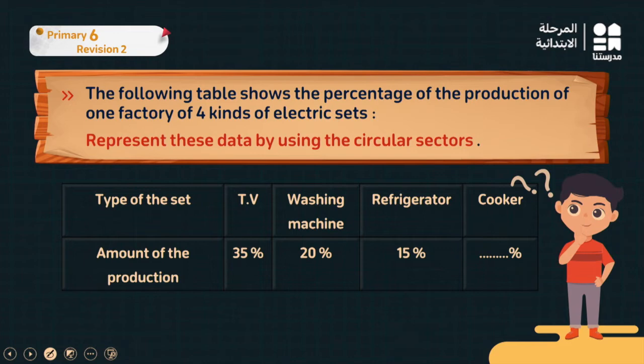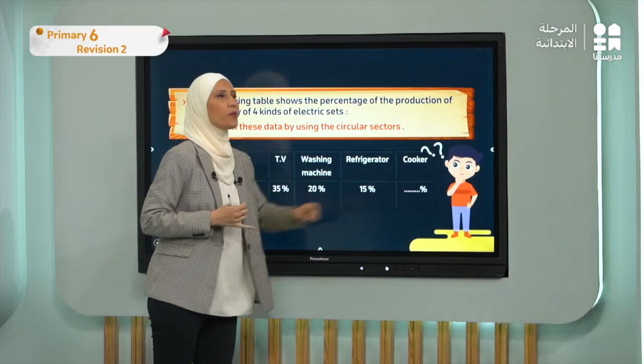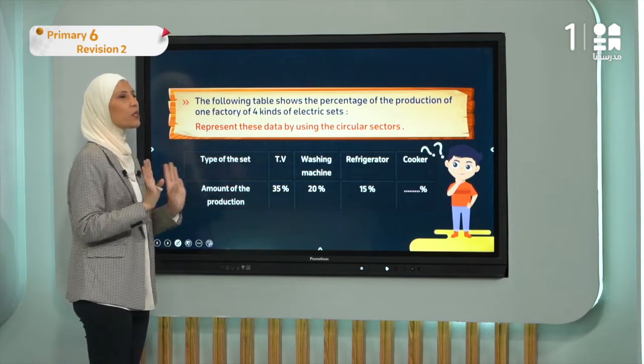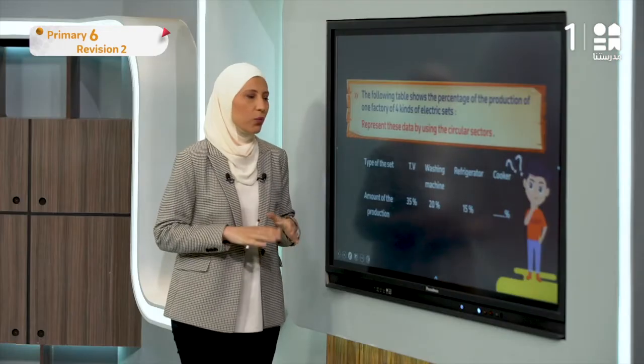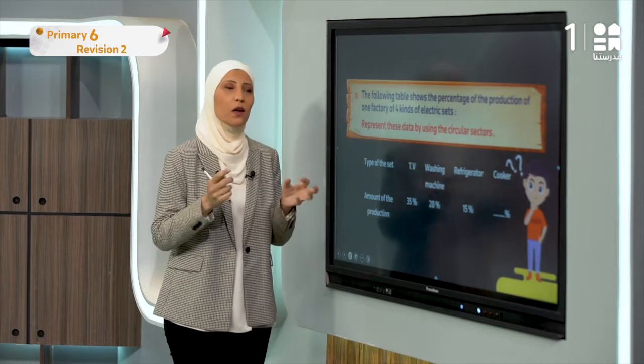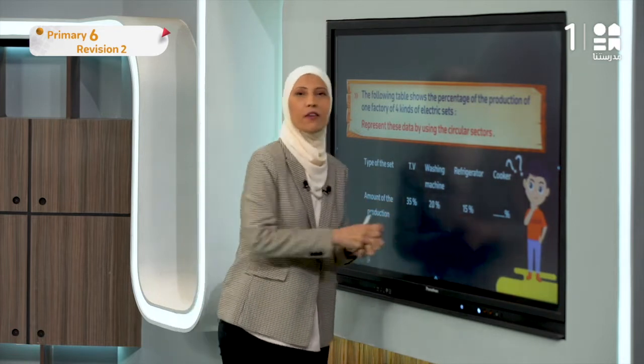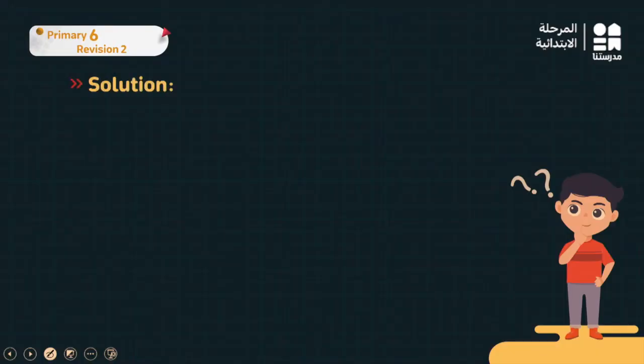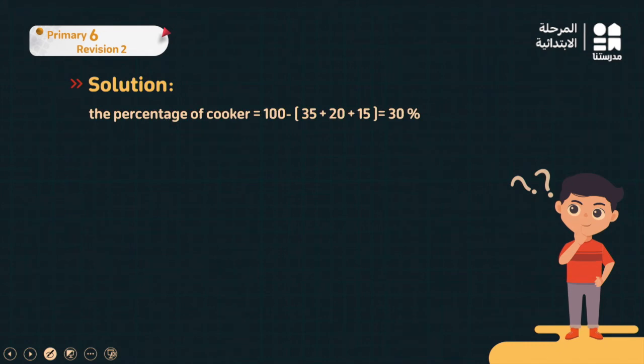يبقى أول حاجة I am supposed to find the missing percent. هطلع missing percent. إزاي أطلعها؟ أنا عندي التوتال كله must be equal 100. طيب يبقى I am going to make التوتال minus اللي given اللي عندي. So I will find the missing by making 100 minus 35 plus 20 plus 15, so it gives you 30%. تاني أطلع إزاي الميسنج كوكر؟ تاني هعمل التوتال بتاعي لازم أنا I know إن كده لازم تبقى out